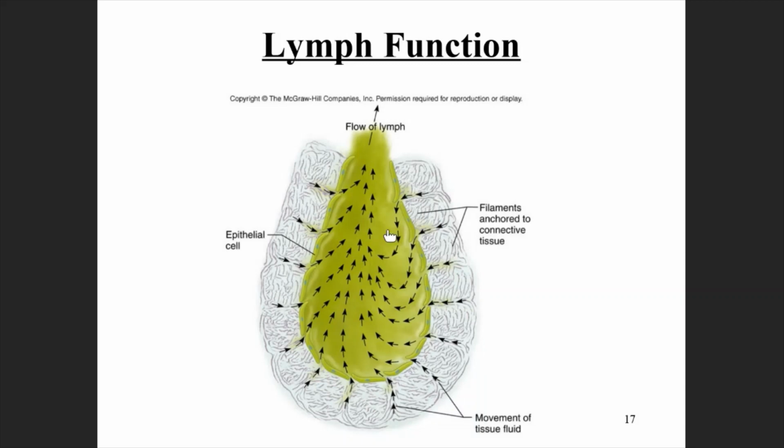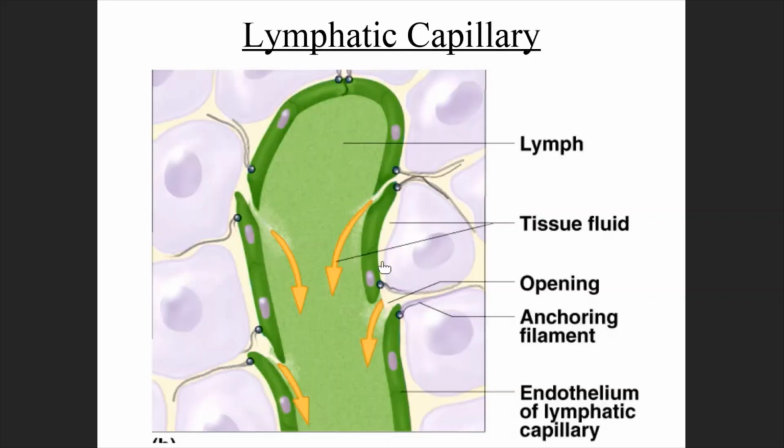If you don't hold the balloon down, it's just going to crush, for example. And you can see here are the anchoring filaments. You can see how the wall of the capillary has a lot of big openings. So now you not only have protein that can go through here, but you can also have